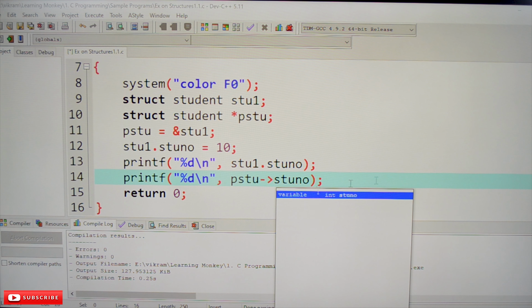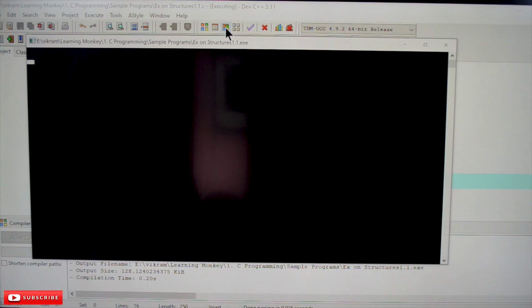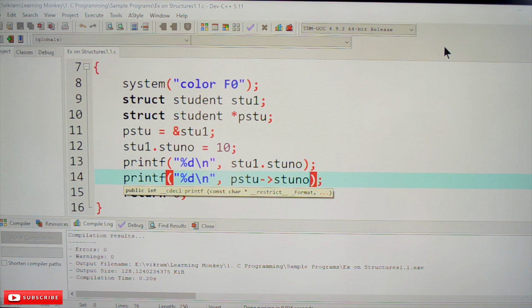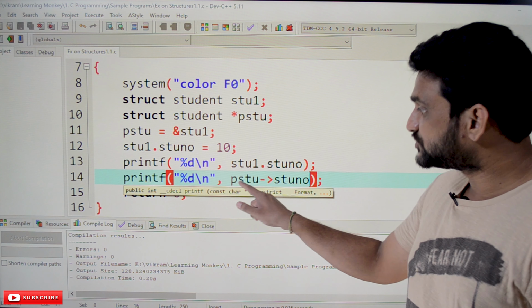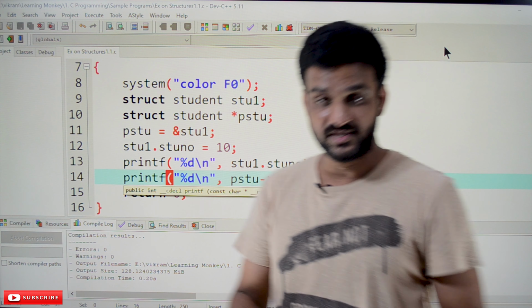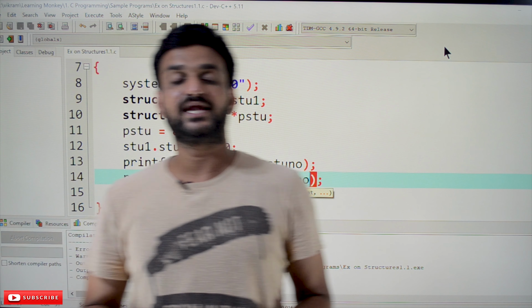So already it is there. Okay, no errors. The values are 10 and 10. So there is no need to give the star symbol within the brackets. All those declarations are not required, just by giving the arrow mark. Because here we are using the pointer to access the member, just by giving the arrow mark, the entire declaration is considered. Okay, hope you got clarity on this concept.